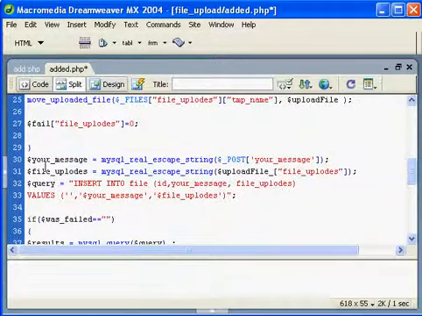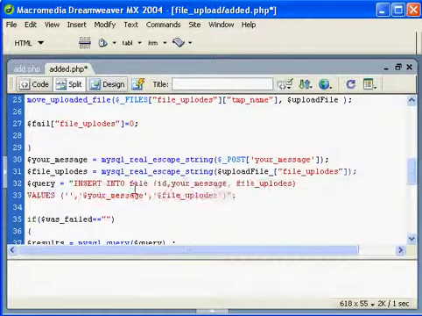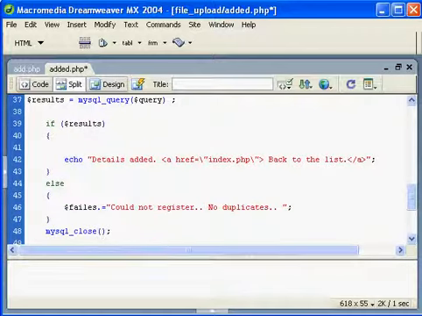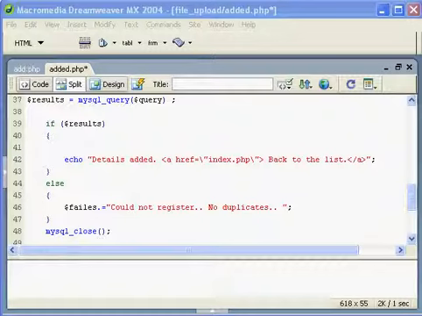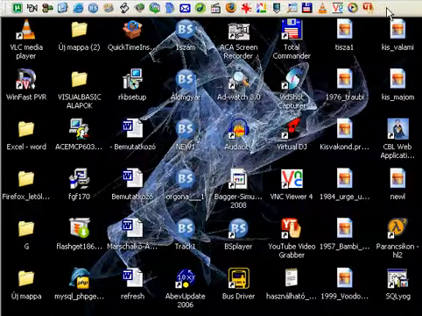Alright, and this is the MySQL query which inserts something into the database. So this is the management program for a file uploader. Let's go to phpcode.hu and let's play with the